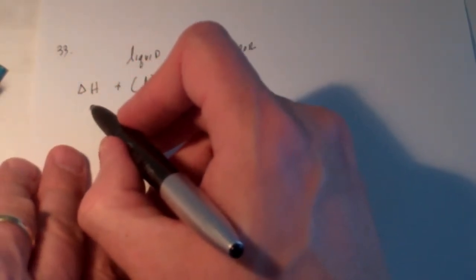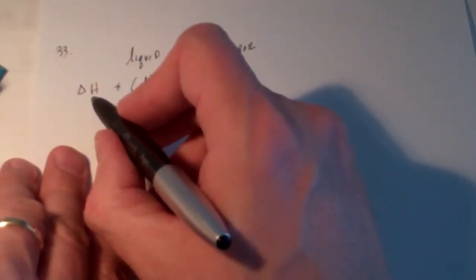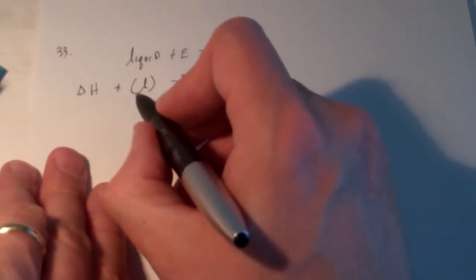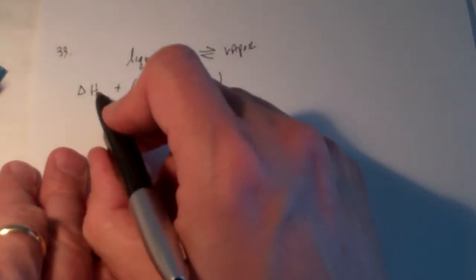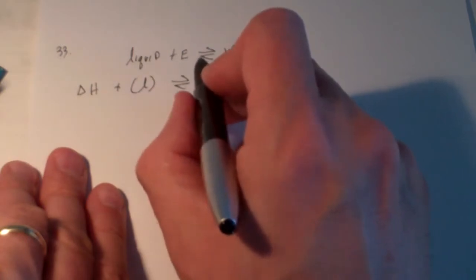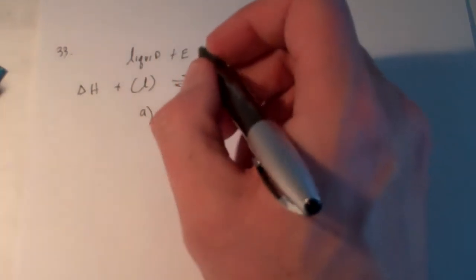I'm going to put the symbol delta H on the left-hand side. Think back of one of our lectures. This is an endothermic process to turn a liquid into a vapor. So this is just another way to write that equation up here. Now, part A